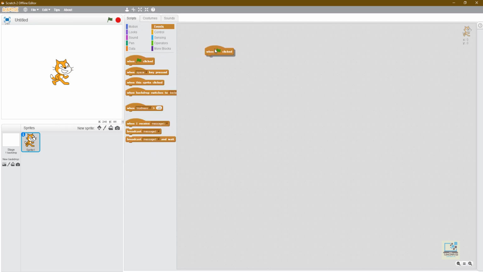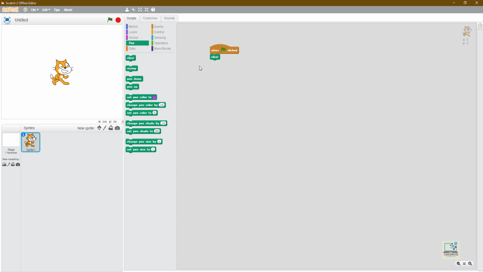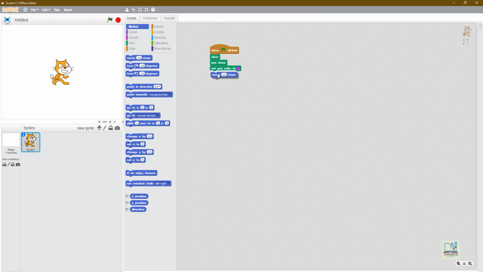When flag is clicked, I will use the pen block, clear, pen down, and then I will pick a color, and then after that I will move by 150 steps according to the question, and I will also take a turn. Now which turn, clockwise or anti-clockwise? As per the question it is anti-clockwise turn, opposite.